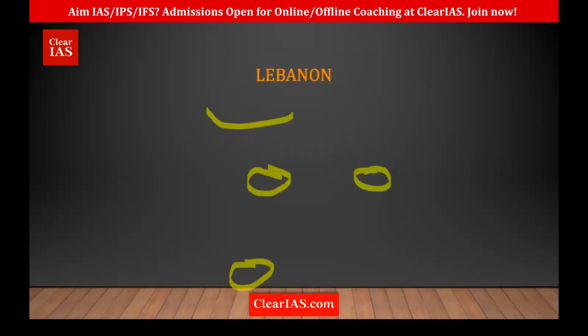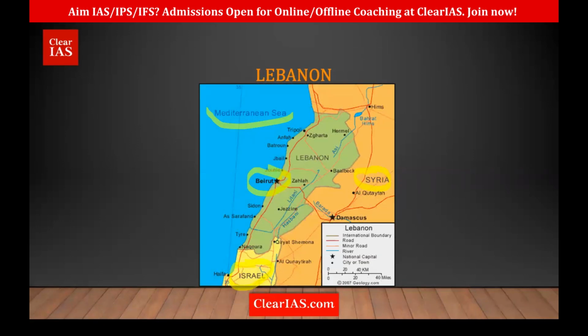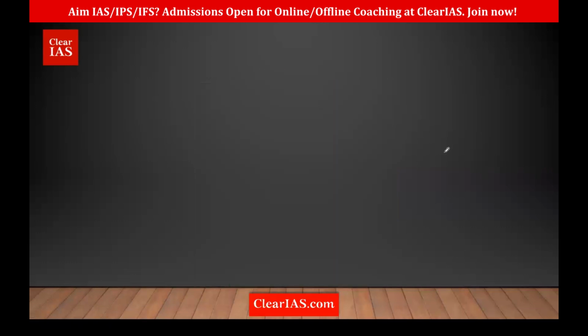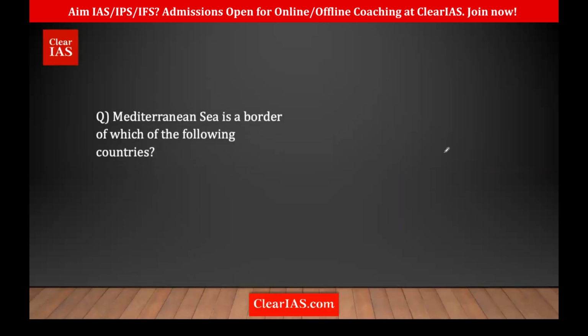Here. Then we have Lebanon. Only 2 neighbours, that is Syria and Israel. Remember the place Beirut, which is also the capital city of Lebanon. And on one side we have the Mediterranean Sea. One more place I forgot to mention is Tripoli. This is also important. You would have heard it somewhere, like when you learn environment, some agreements. So Tripoli, remember, is also in Lebanon. Clear? Clear of the Syria-Israel region?